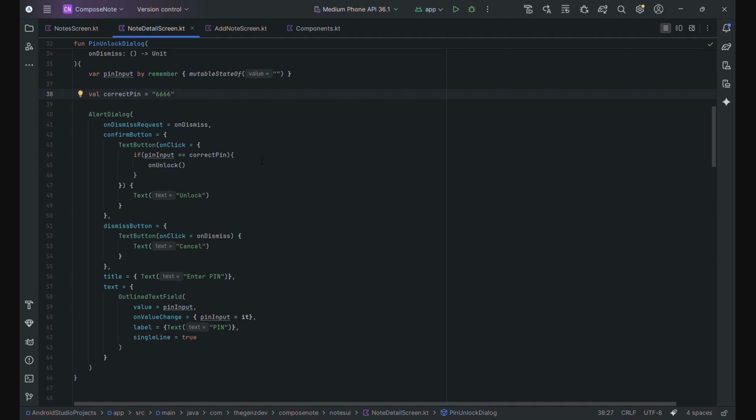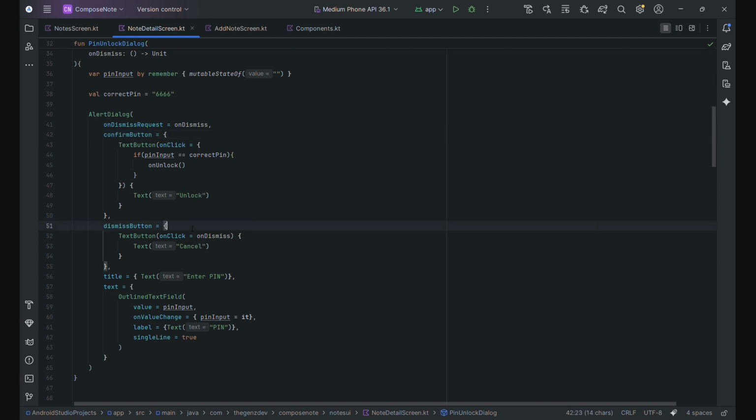And then we have this alert dialog that you see where you can enter your pin. On dismiss it's going to close. On confirm it's going to ask for the pin, and it's going to compare the pin to the correct pin, and then you have this unlock text